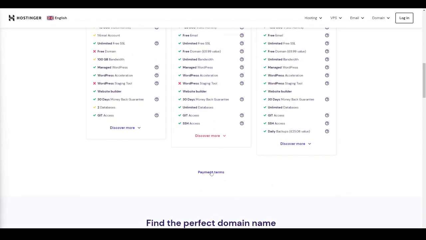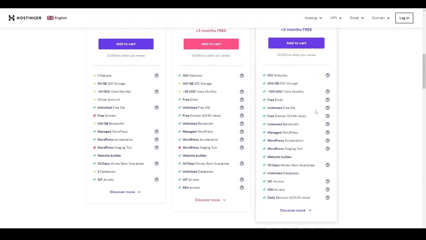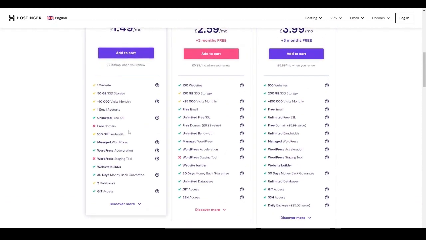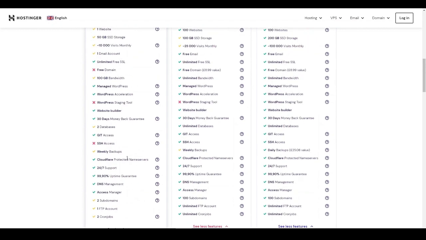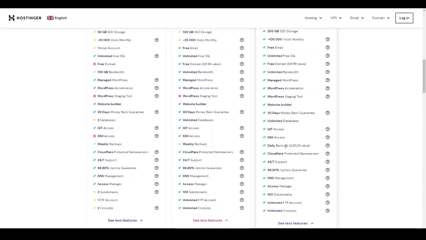You can sort of see payment terms here. So they offer quite a lot of things, especially within their basic plan. Some things that might be a little bit frustrating is that there is only one email account. Other things that they have is weekly backups. They don't have daily backups unless you were to upgrade to the business web hosting, which can seem a bit